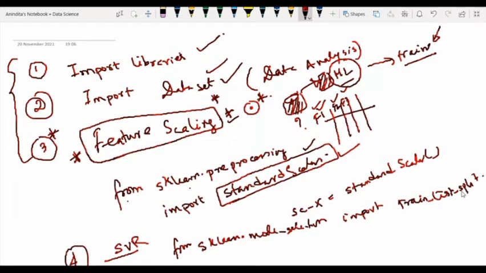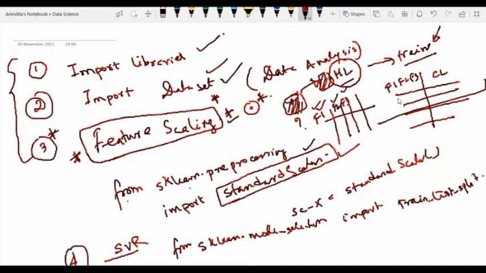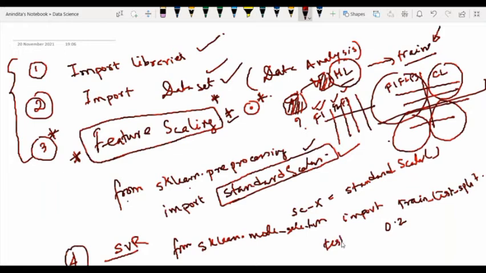And how many variables do we need? We need 4 variables, because this is our actual data set, this is our set of features, and this is our class label. So in training we will have training features and training class labels, and in testing we have testing features and testing class labels. So always here we have 4 variables: x_train, x_test, y_train, y_test. Then we have to consider the percentage of the split. You can consider test_size equal to 0.2, which means we are considering an 80% and 20% split. Anyway, this is the concept of training.